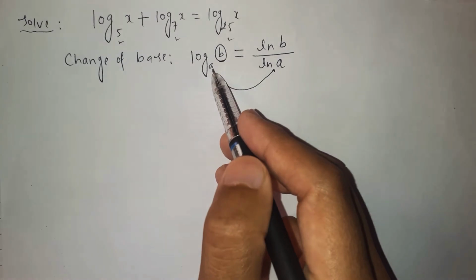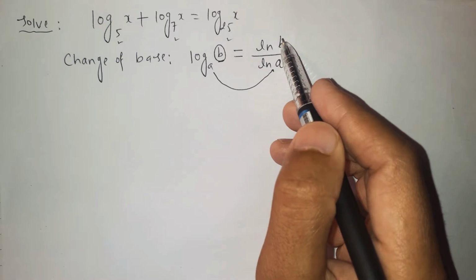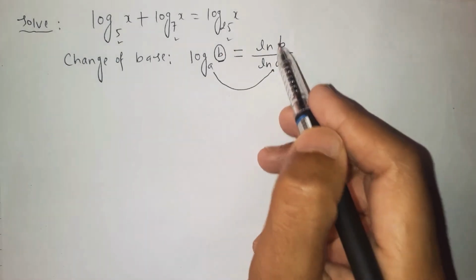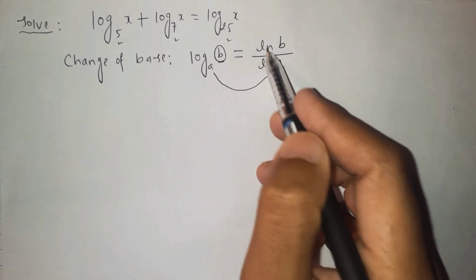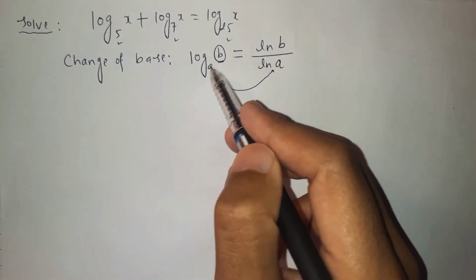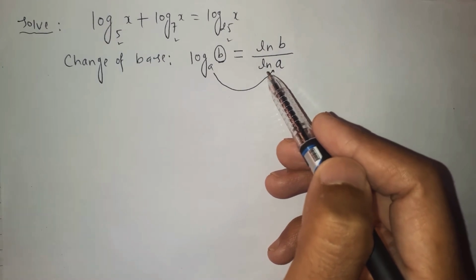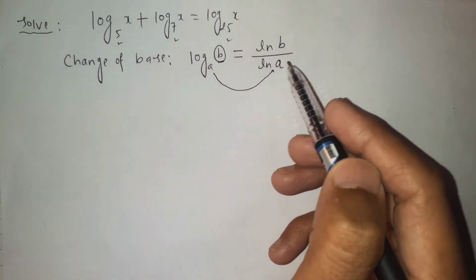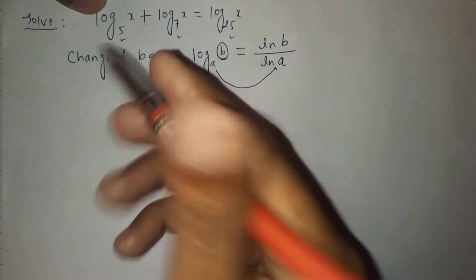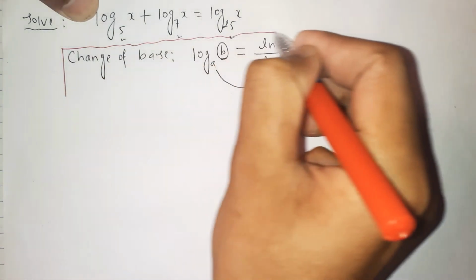This is the writing way for the change of base formula. Log of b with base a is the same as log of any base of the number, the argument, which is this b, over the log with the same base as in the numerator, of the base of the previous number. This is the way of changing the base of any logarithm. Please memorize this formula.